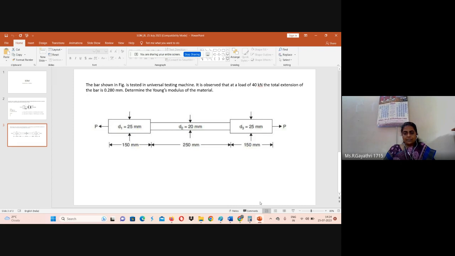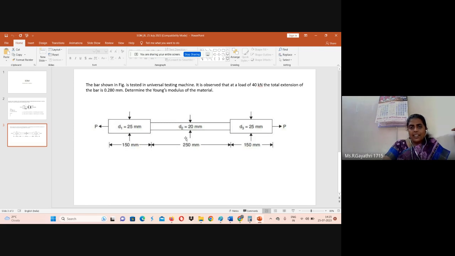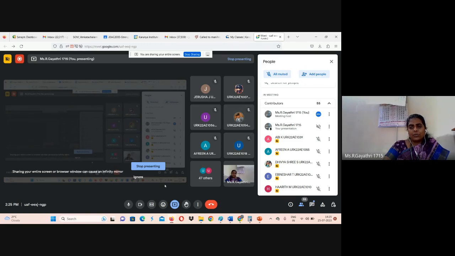Dharanish, is it common to all three sections or only to section 1 and 2, or 1 and 3? Jerusha, if you fail to answer me, I can mark absent. I told. Okay. Load 40 kilonewton is applicable to section 1 or section 3 or